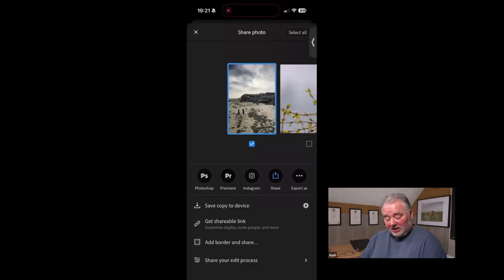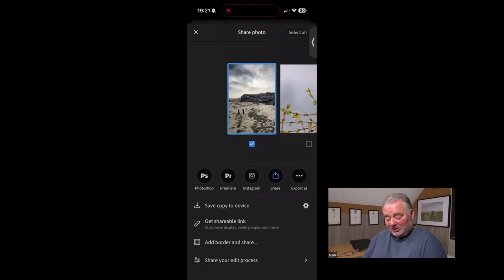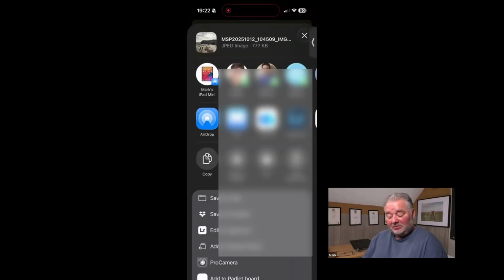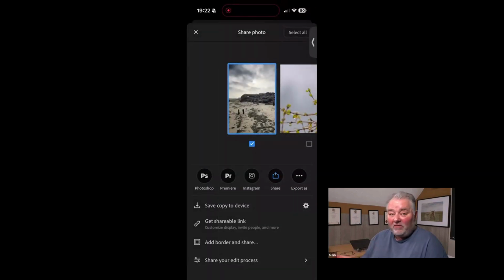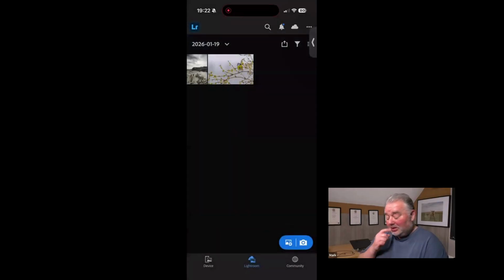Okay, so I can take them to Premiere. I can take them to Photoshop on my phone. Exactly the same as a tablet. Okay, I could send it as a text message if I wanted to. So I could share and it will come up and I can send as a text message or add it to an email, however I want to do that. Okay. But the interesting thing is,